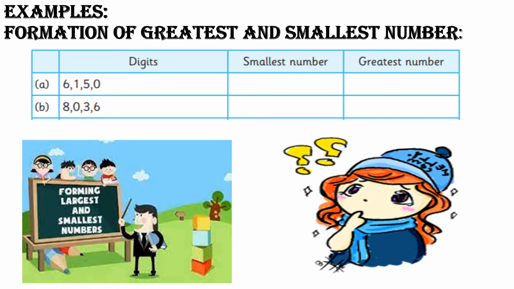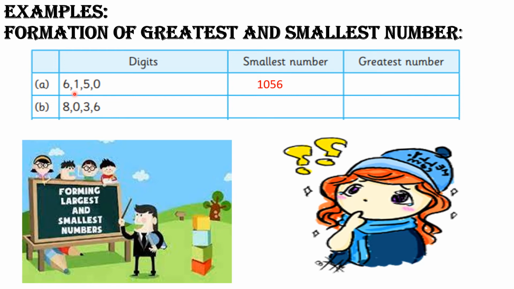The smallest digit in this example is 0. But can I start the 4-digit number with 0? No. That will then become a 3-digit number. So let's take the next smallest number, which is 1. So 1, 0, 5, 6. So the smallest number is